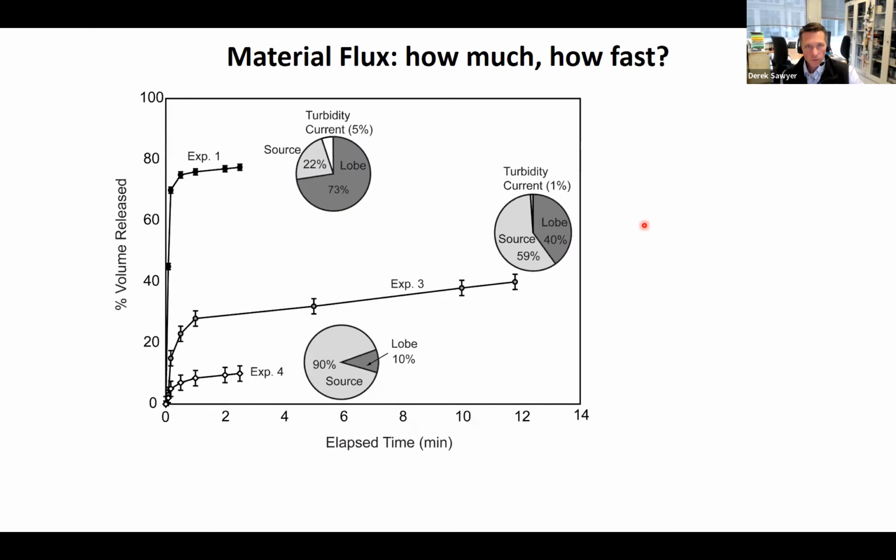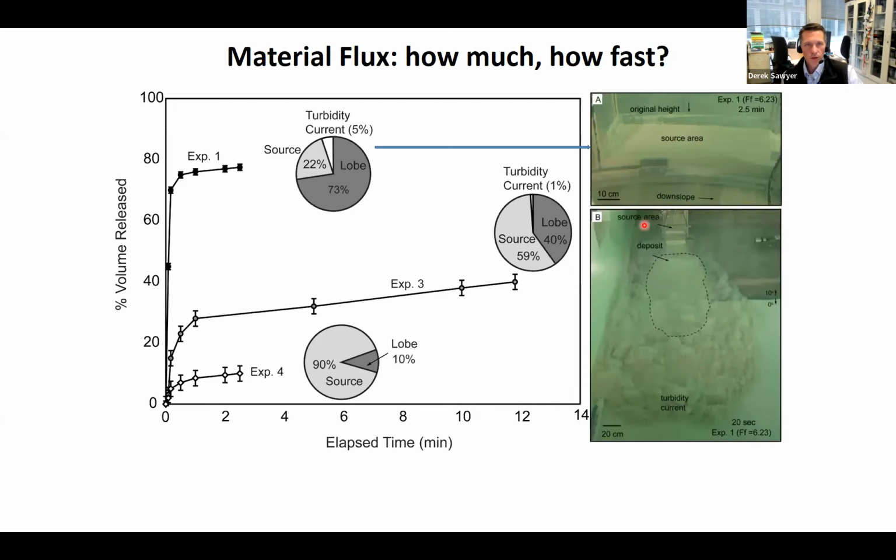One last sort of insights that we can gain from this is doing volume balances to figure out where material goes. So how much, how fast type of a question. We're plotting here the volume released in these 3 types of experiments as a function of time. And it turns out that the weakest experiment is also a short-lived experiment. So it's only lasting a couple of minutes in the laboratory because everything is happening so fast because it's so